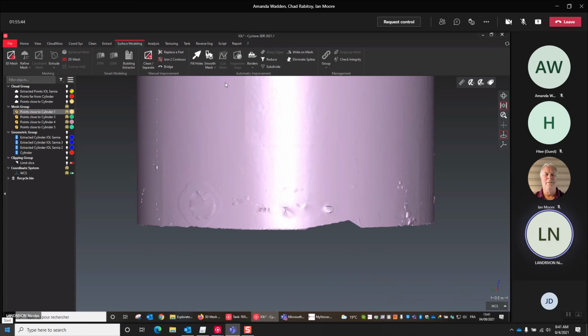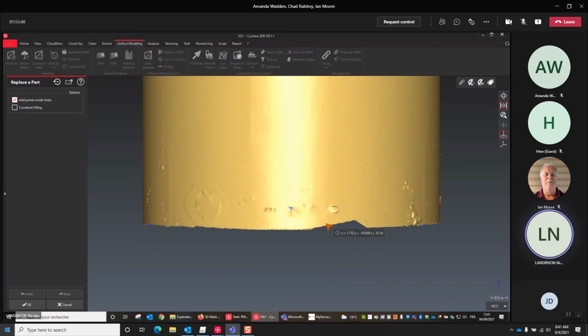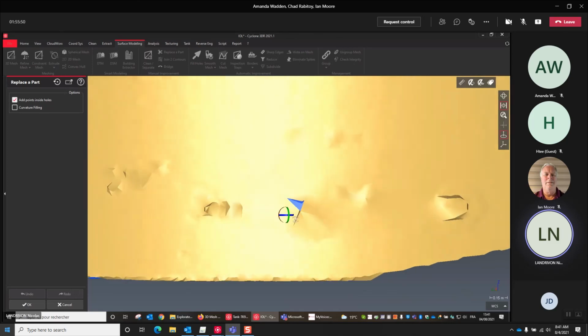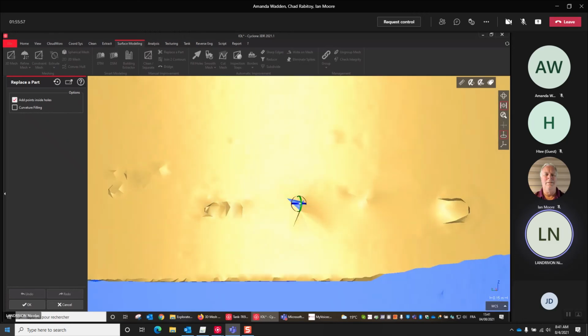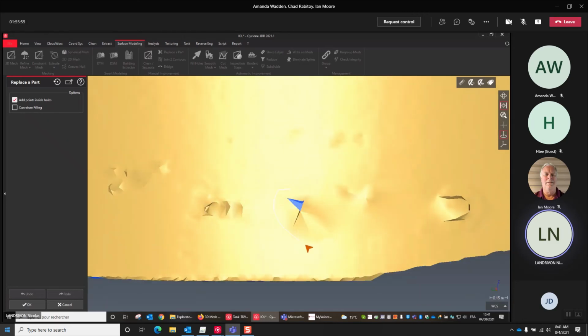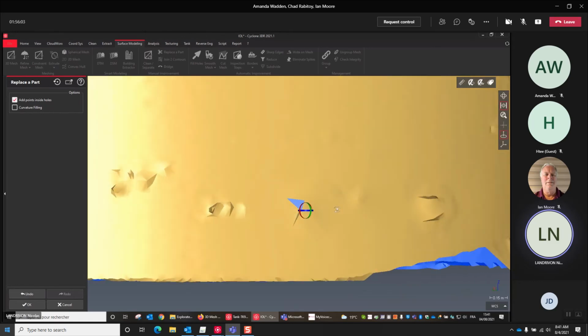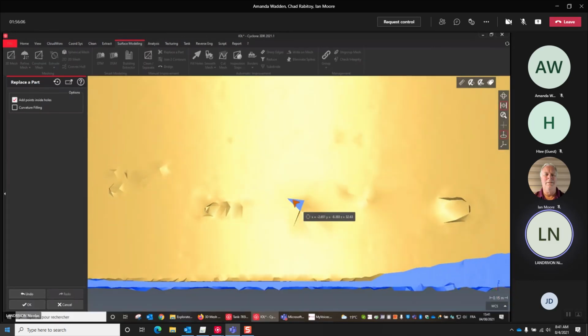You've got replace a part, which is also interesting. With replace part, for instance, you can use the curvature filling or not. Let's do it. If I draw a delineation like that, yes, it's more complicated here because of this triangle. So I have to delete this triangle.